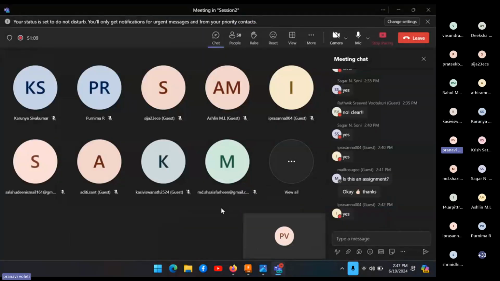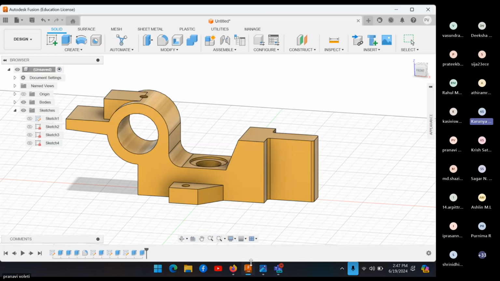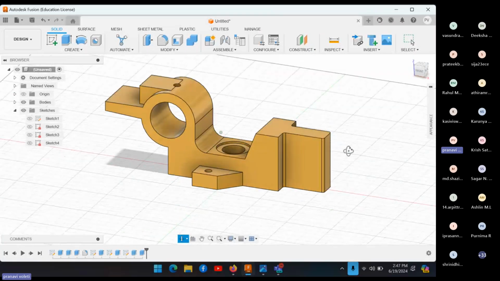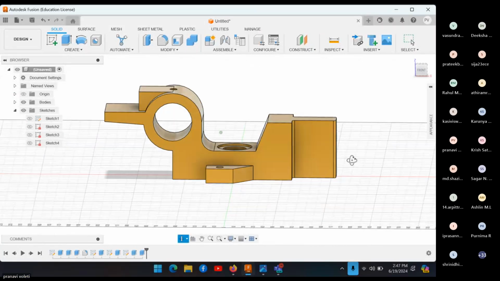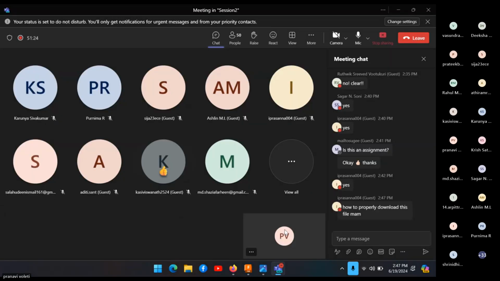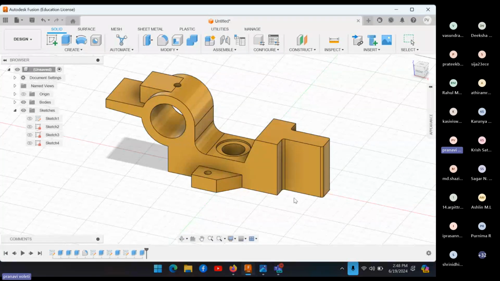I hope everyone is clear. In case of any doubts, please do ask. Your final model should look something like this. So which file? The Fusion file or